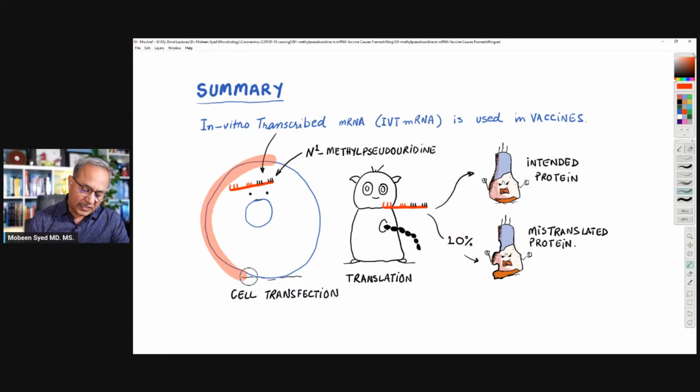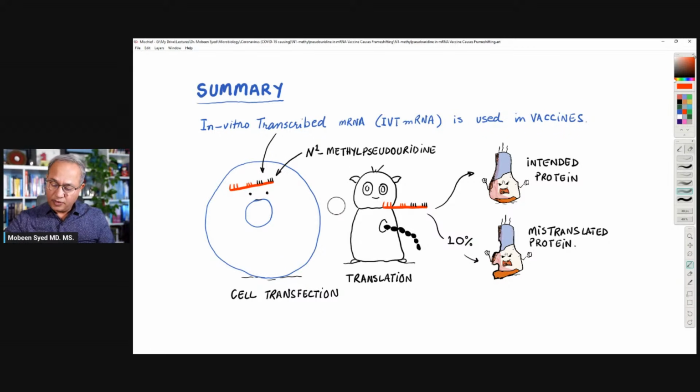So let's say here is a cell. This mRNA is transfected in the cell, right? It goes into the cell, and we've been talking about it from ever. We have lipid nanoparticles,